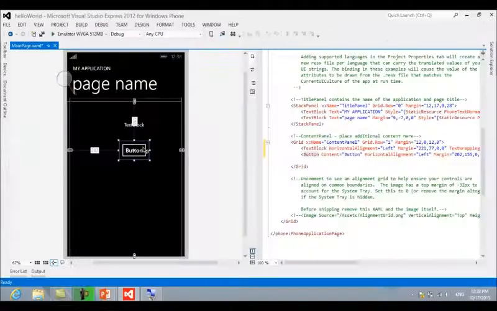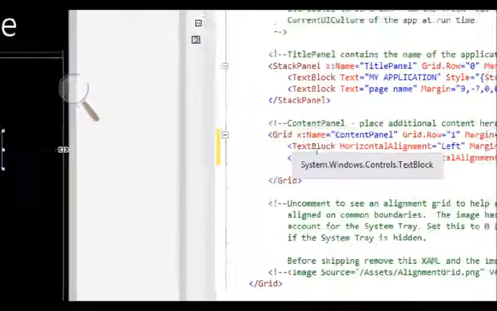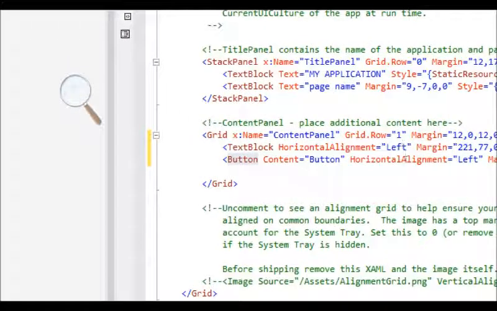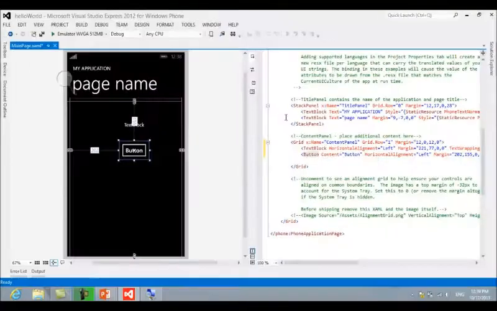Now let's have a look at the XAML page. Can you see, two lines of code were automatically generated as you dragged the control and dropped it onto the screen. So a text block control and a button control were added while you dragged and dropped onto the screen, but you didn't need to add them manually inside your code. This is a very awesome thing for developers to save time.